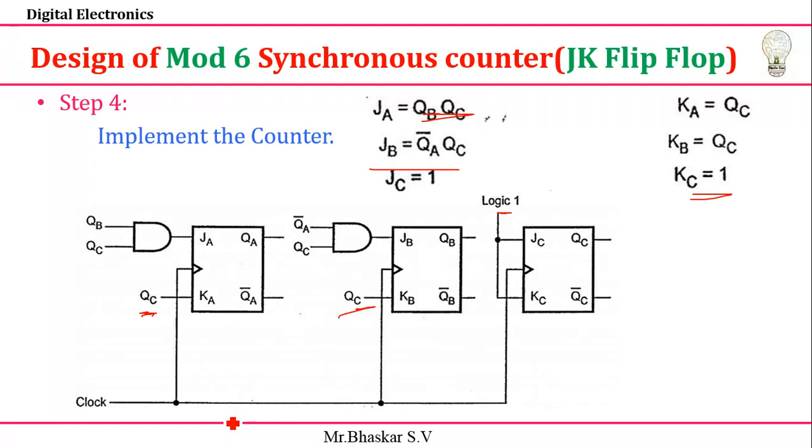And you can connect the clock circuit. This is a small circuit diagram. But if I want to do an experiment, once you have the circuit, we need to give a pin diagram. We need to give the pins for this. First I need to choose ICs, here we need to choose two ICs. One IC for the JK flip-flop, one IC for the AND gate. So what are the ICs?